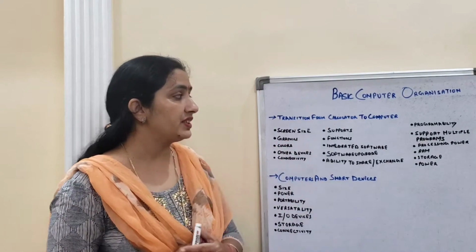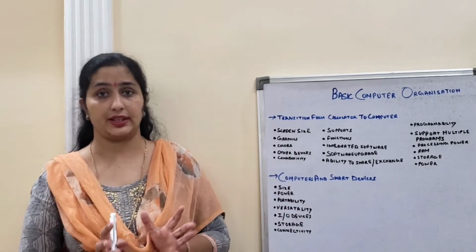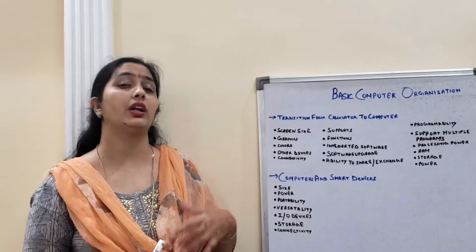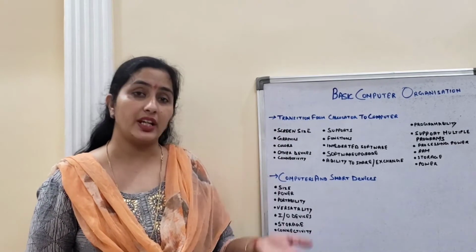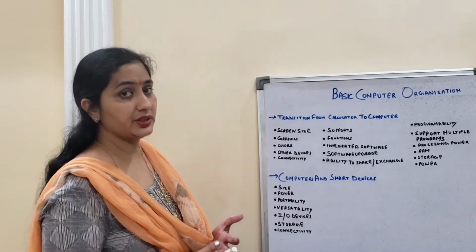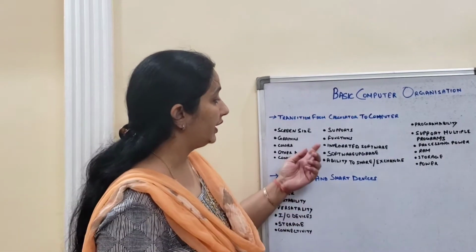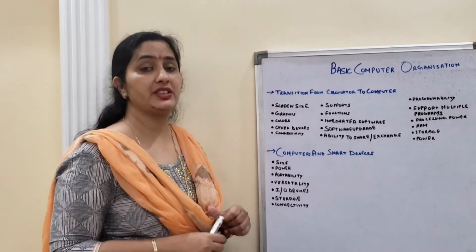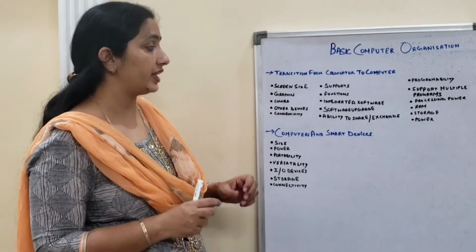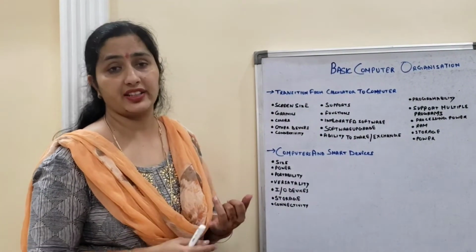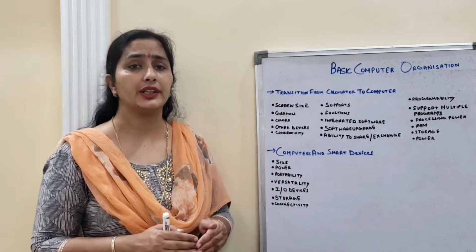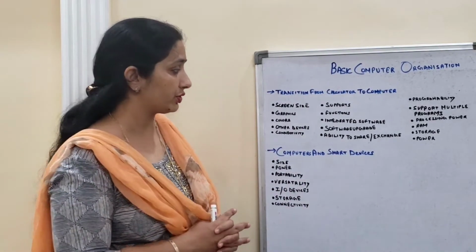Functions means computers have many functions. A calculator can only do addition, multiplication, or even scientific calculations, whereas a computer can perform different kinds of operations which a calculator cannot. Integrated software means in a calculator you have only calculation software, whereas in a computer you can have Word, you have Excel where you can calculate as well as make charts. So different kinds of software are integrated in a computer, whereas in a calculator you don't have those options.